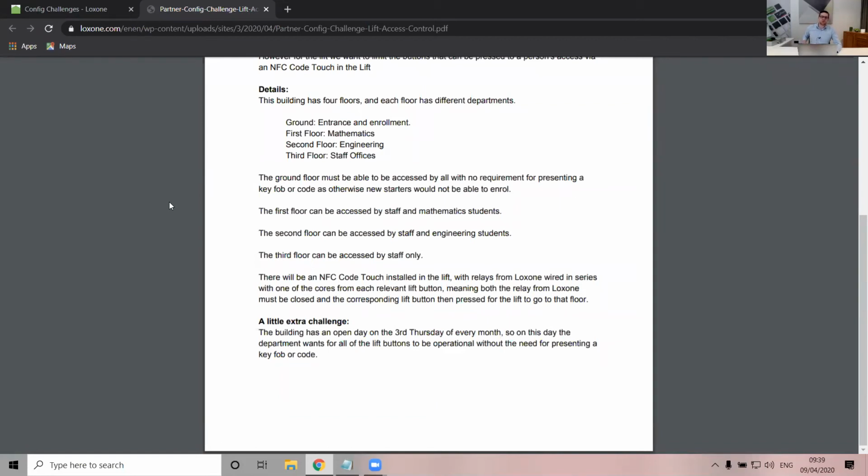The first floor should only be accessible by staff and mathematics students. The second floor should only be accessible by staff and engineering students. And the third floor should only be accessible by staff. There will be an NFC code touch installed in the lift. And we are then going to have relays from LocksOn. They can be on your demo case, they can be through Nano 2 relay trees, whatever you think the best